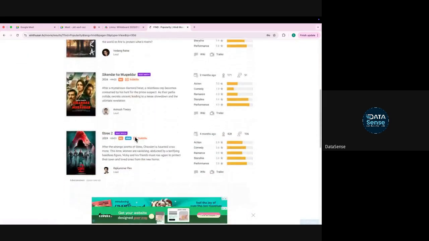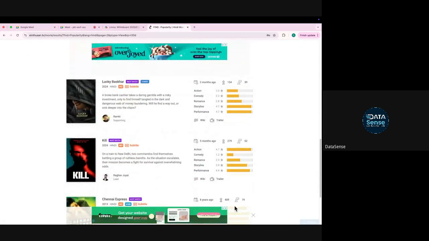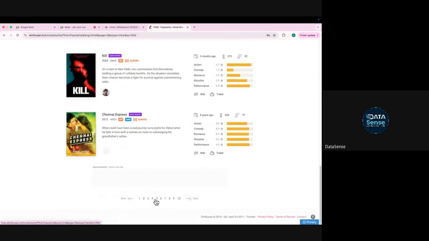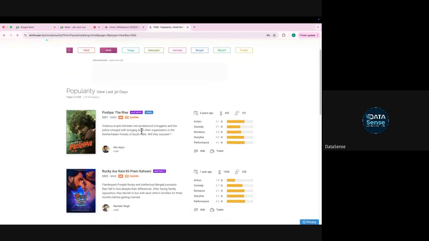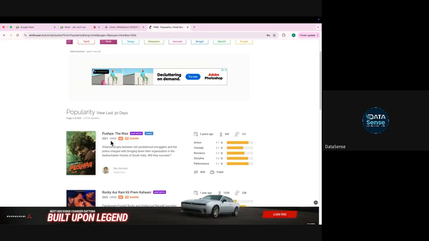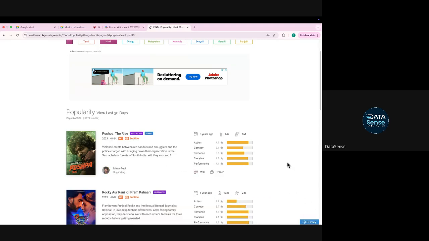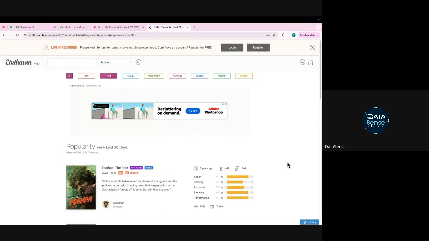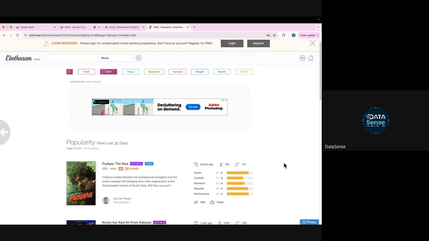I'll come to page number 2. Here also I don't find it. Okay. Now I will move to page number 3. I found this movie. Okay. So on the third page I was able to find this particular movie. Now assume there is a movie which is very old, because that is sitting on the page